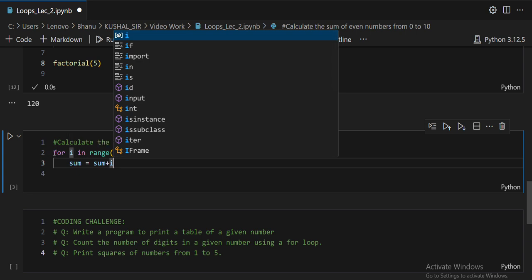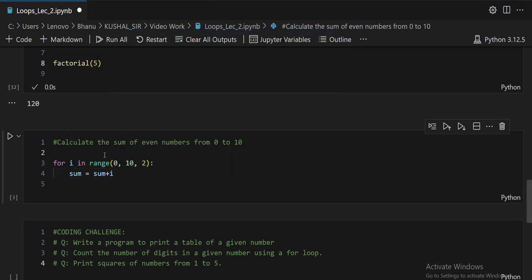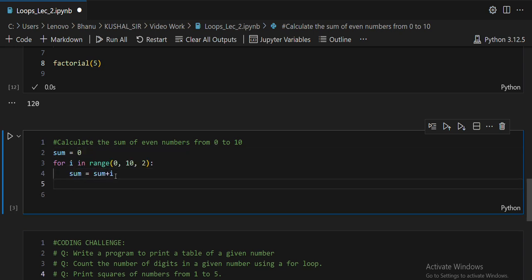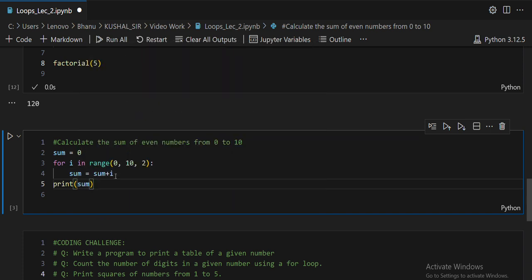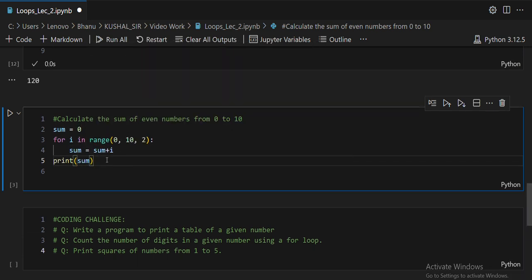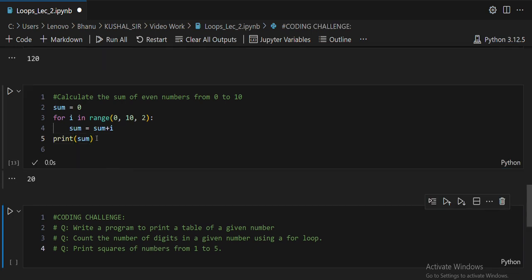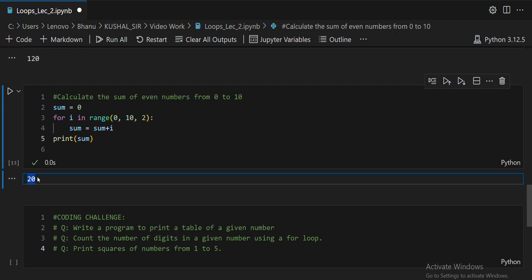First we can define here a variable sum, so that our result will get stored in this variable. And here sum equals sum plus i, and then at the end print sum. After all the iterations of the loop, we will get the sum of even numbers between 0 to 10. So here is our output,